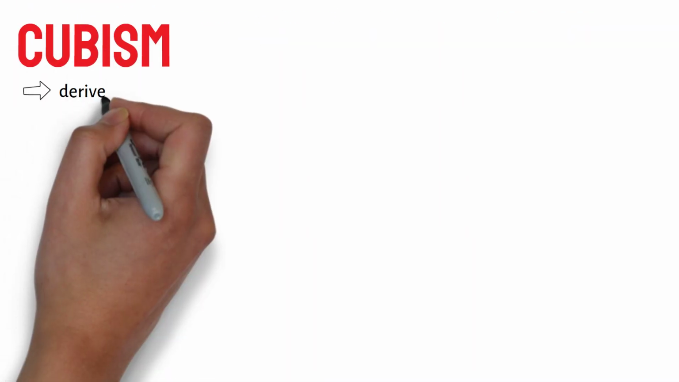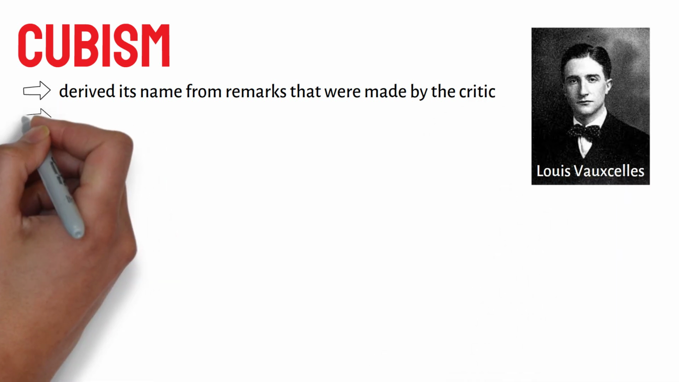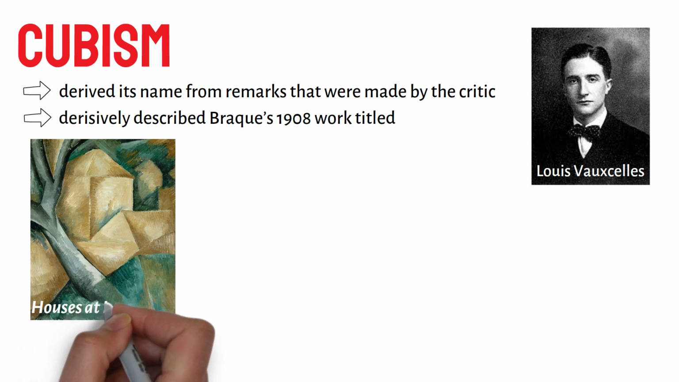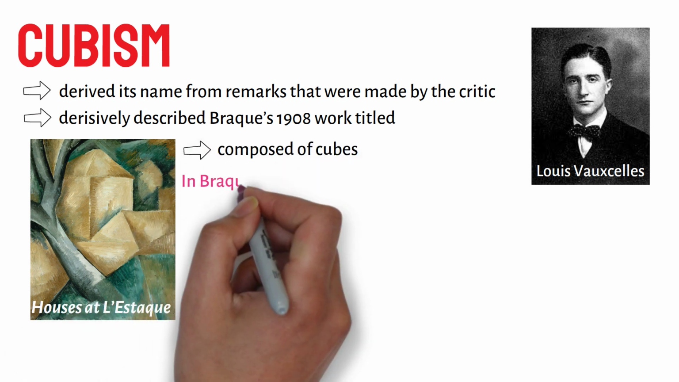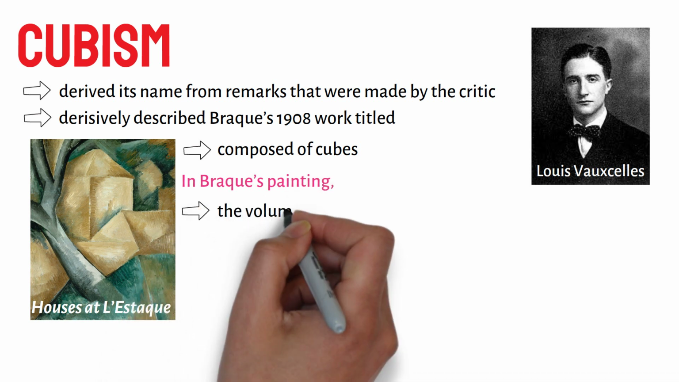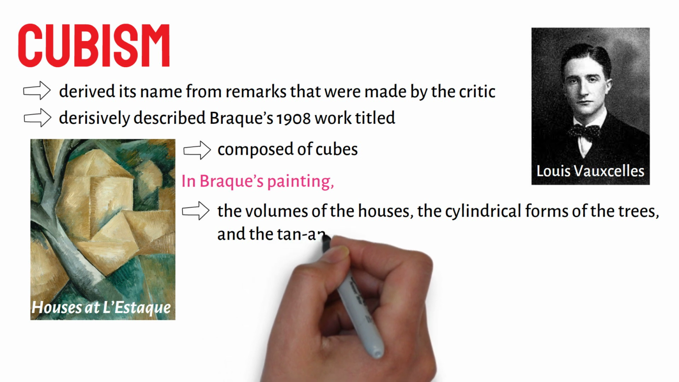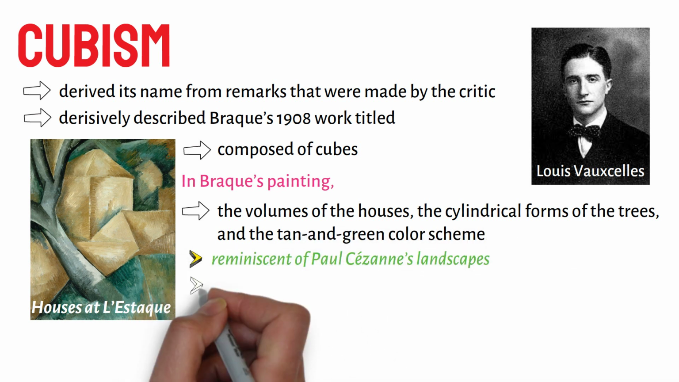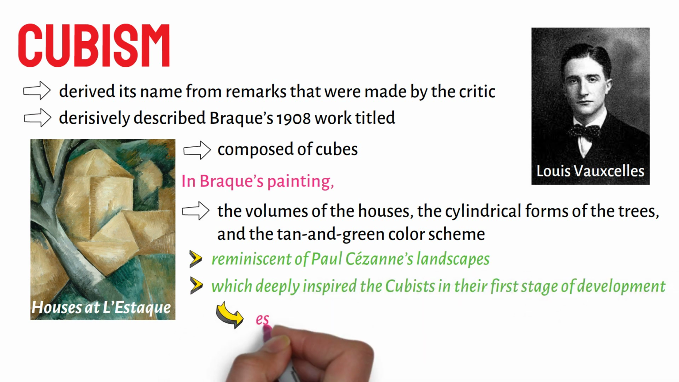Cubism derived its name from remarks made by the critic Louis Vauxelles, who derisively described Braque's 1908 work titled Houses at L'Estaque as being composed of cubes. In Braque's painting, the volumes of the houses, the cylindrical forms of the trees, and the tan and green color scheme are reminiscent of Paul Cézanne's landscapes, which deeply inspired the Cubists in their first stage of development, especially until